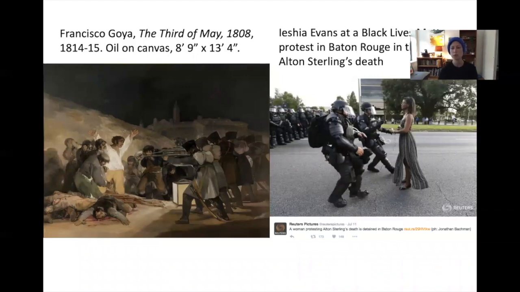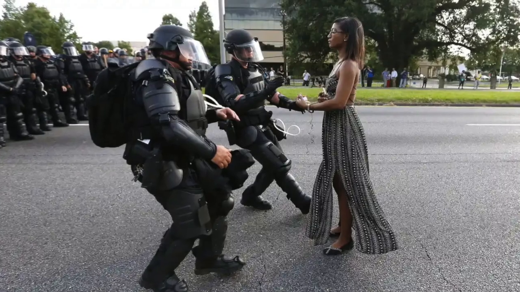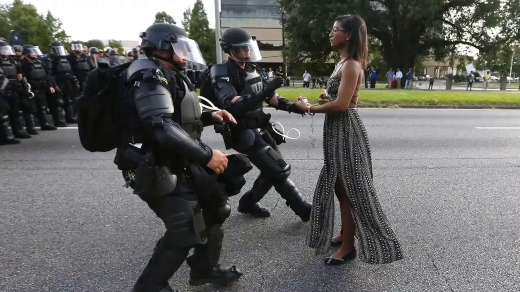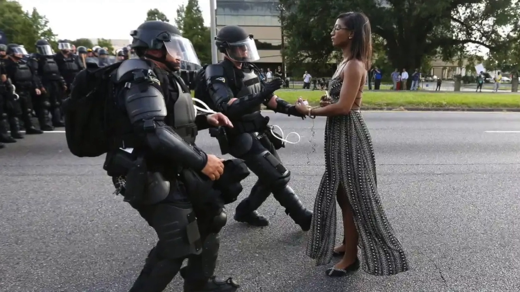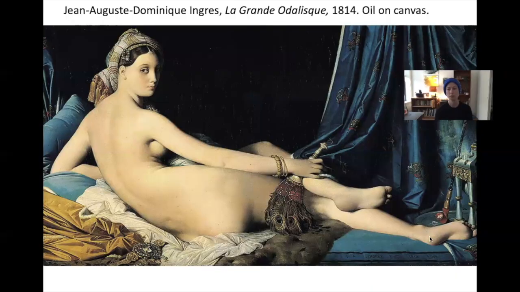We could compare Goya's painting to the 2016 photograph of Aisha Evans being arrested at a Black Lives Matter protest in Baton Rouge in the wake of Alton Sterling's murder at the hands of police, for example. The previous example by Goya, like this example from Jean-Auguste Dominique Ingres,